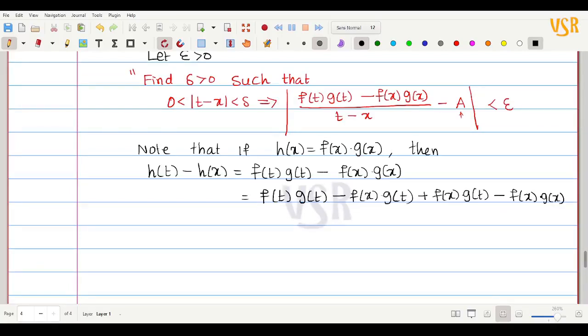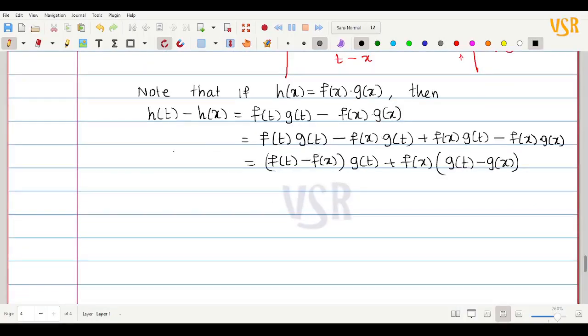அப்போ இது ரெண்டுல எதெல்லாம் காமனா இருக்கோ அதெல்லாம் தனித்தனியா எடுத்துக்கலாம். So this is equal to f of t minus f of x into g of t plus f of x common into g of t minus g of x. We are having this. Okay, now if we divide both sides by t minus x,